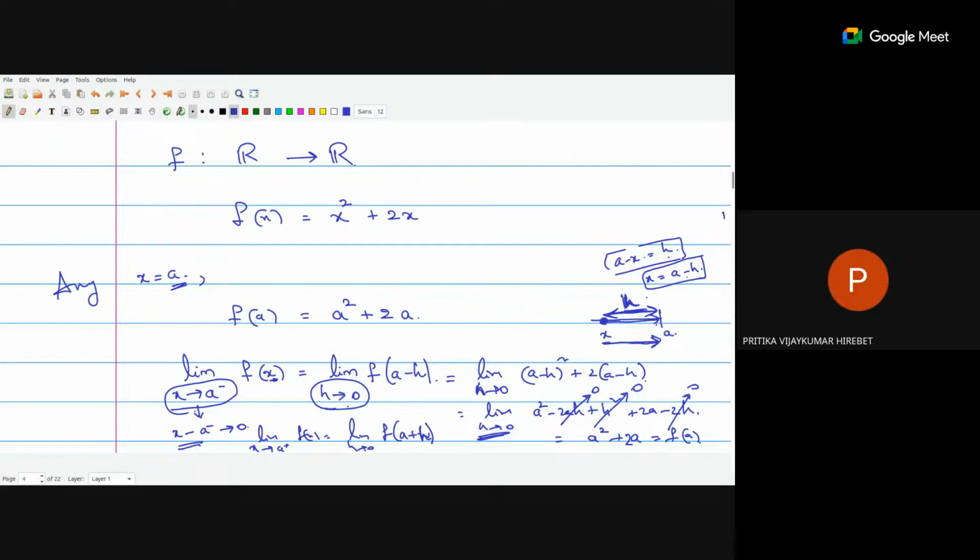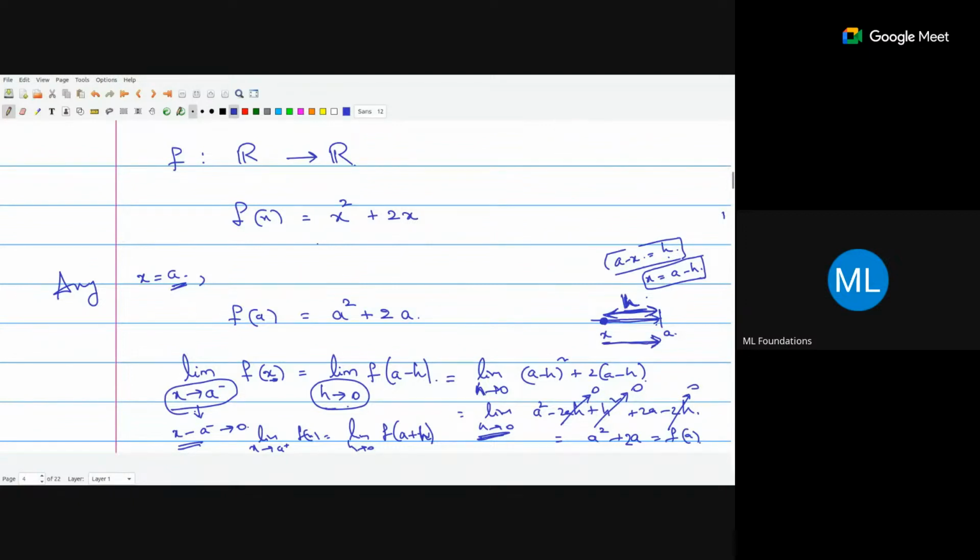Okay, sir. Got it. Thanks. So one question. If it is not continuous, that means from the left we will get a different value as an answer. What does that mean actually? So that means every point on the function, if we come from left, it is going to give the same value. Not every point. See, that is what, if you are unable to conclude something here by picking any x equals a.